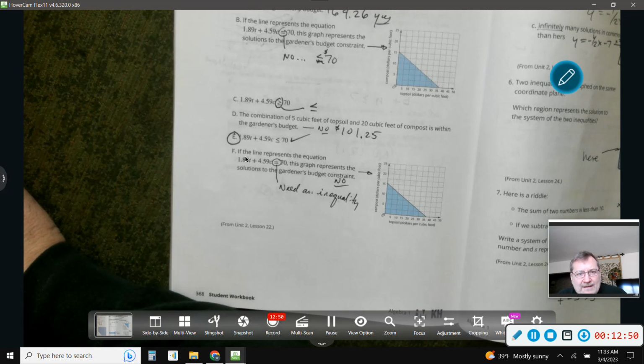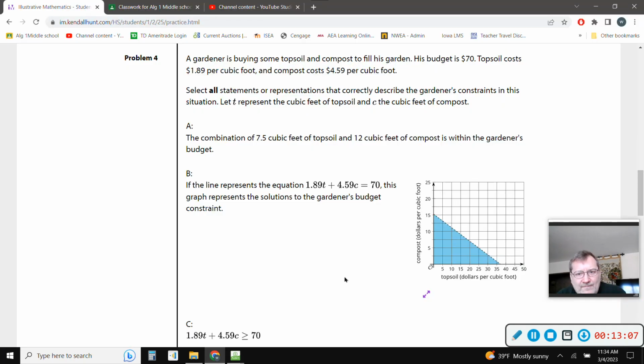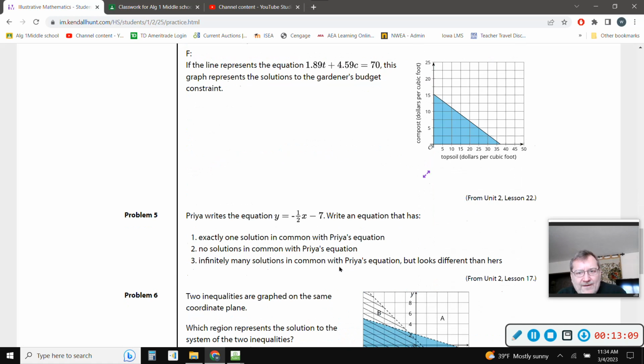B and F look almost exactly the same, and I'm not exactly sure what's going on there. So I don't know. They just put it in twice and had a typing error or something. I don't know. All right, because this is what I've got over here,